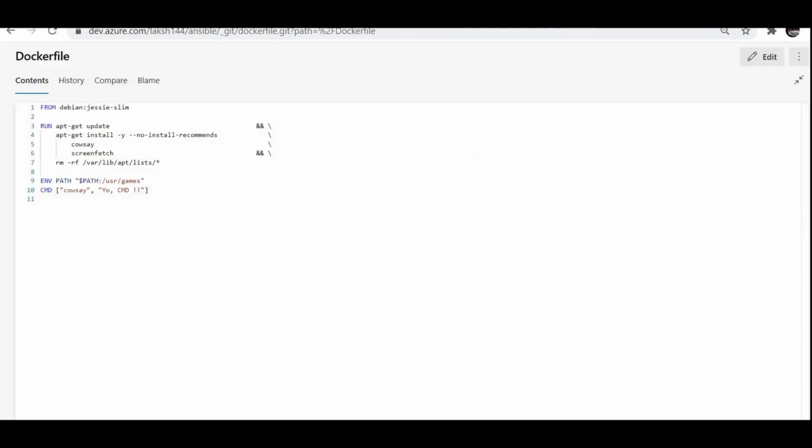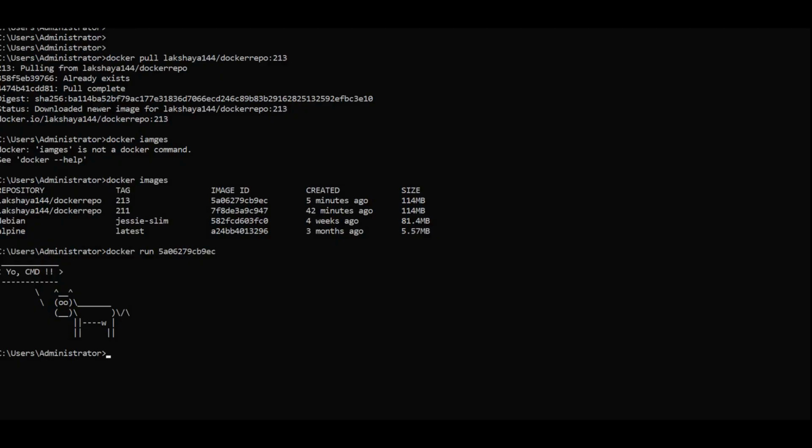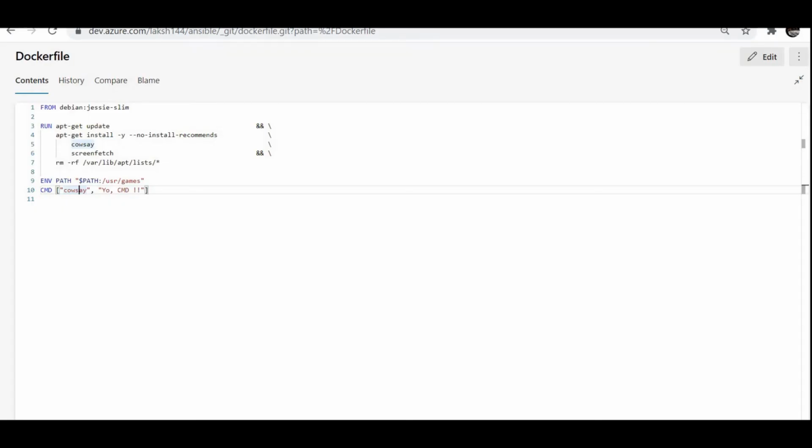As you can see in CMD, the command is cowsay yo cmd. These are the arguments which I have passed in my CMD. So that's how it is displaying here, yo cmd, and this is the image for that. Cowsay is basically a library for that. You can also specify an entry point.